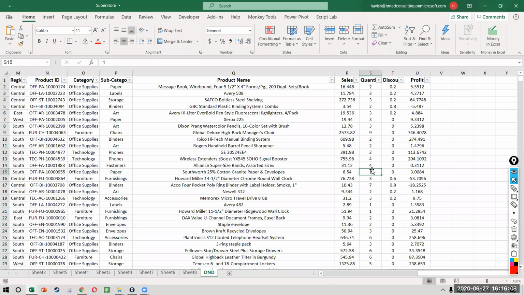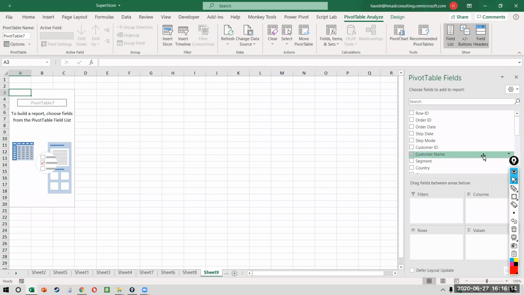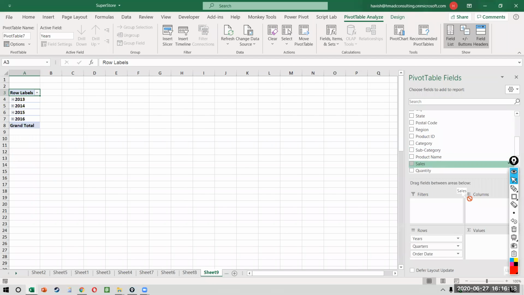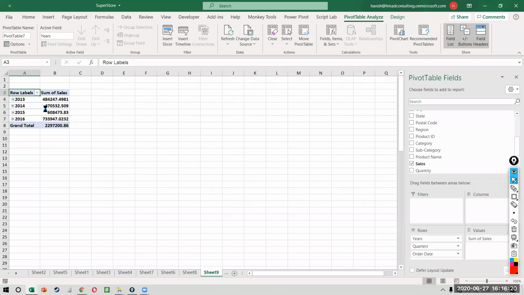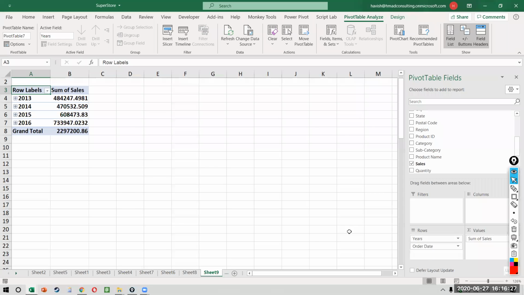Okay, now, again, we'll make a pivot table first. And I want to show you how you can look at things like seasonality. So I'll put order date in rows. I will put sales in value. Now, obviously, that gives you the year, quarter, and the month. Now, we don't really need the month. We don't need the quarter, so I can remove the quarter. And I can put the year in columns.